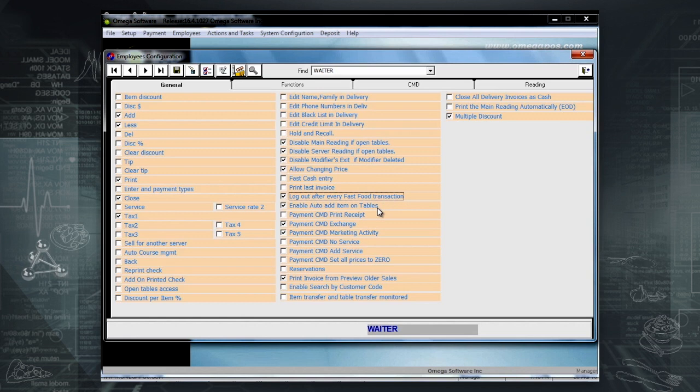Enable Auto Add Item on Tables is marked in case there is an item that you would like to add automatically on the table, such as a bottle of water. In case there was a reservation module, mark the checkbox if the user is allowed to make reservations. Print Invoice from Preview Older Sales is used in case you would like to prevent the user from printing again